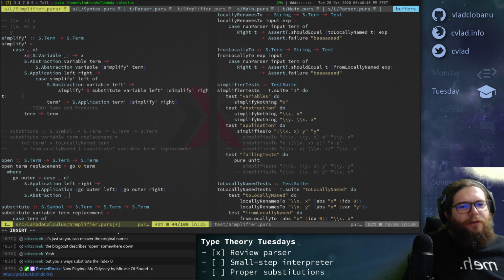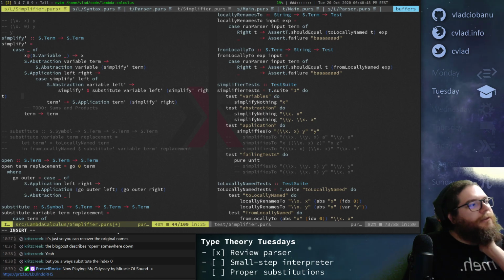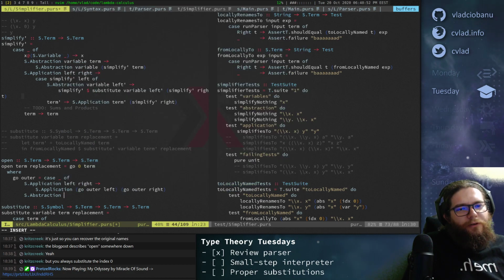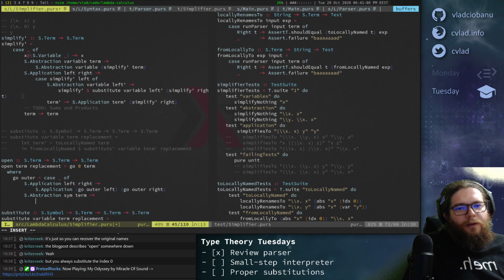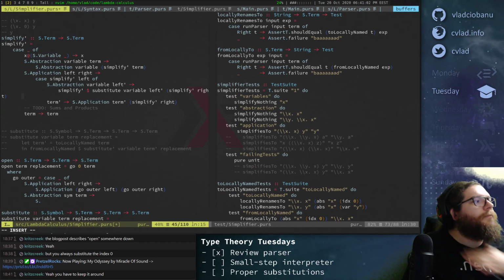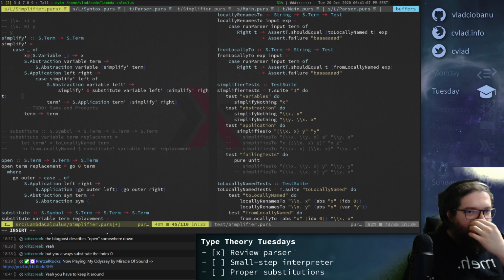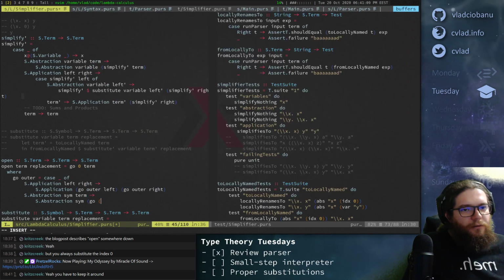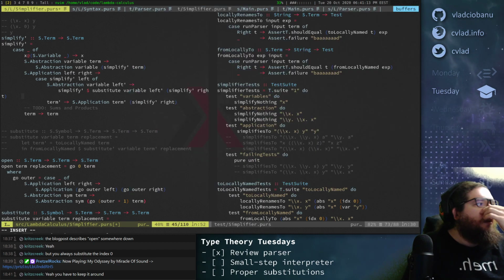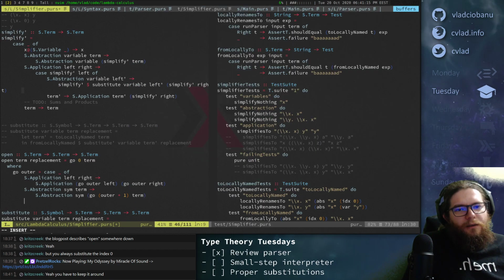abstraction, and then we don't care about this, right? Because this is literally useless to us. Well, I guess we need to recreate it, so it's like first variable name or symbol and term. We need to keep the abstraction, but then go outer +1. Okay. And then